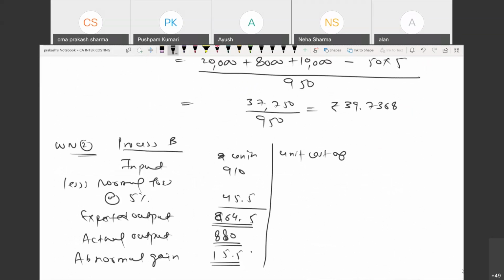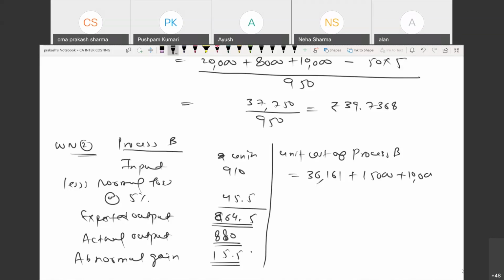Unit cost of process B. First of all, write down whatever material is introduced in process B. Its cost of material was 36,161, and then the cost of labor and overhead were 15,000 and 10,000,